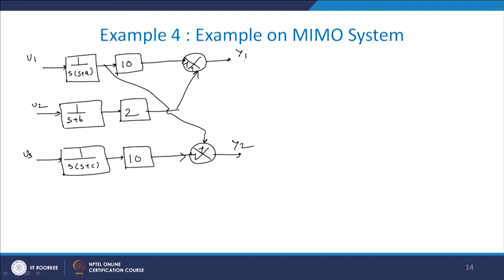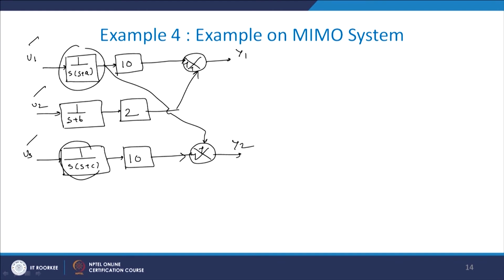So here outputs are y1, y2, inputs are u1, u2, u3, and the blocks are 1 upon s, s plus a, 1 upon s plus b, 1 upon s, s plus c, and the gain has been shown as 10. Now we have to solve this problem. Definitely if one integrator is there, we have one state. If 2 integrators are there, there are 2 states. So we will find that if you separate this equation,